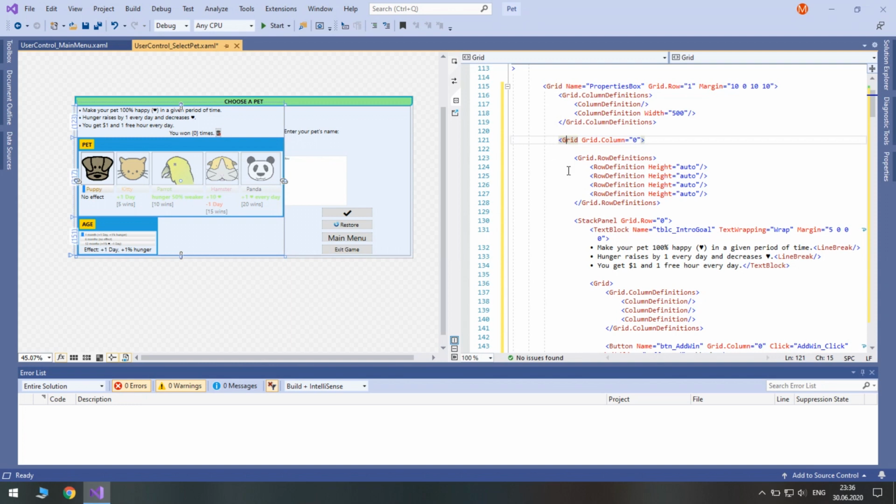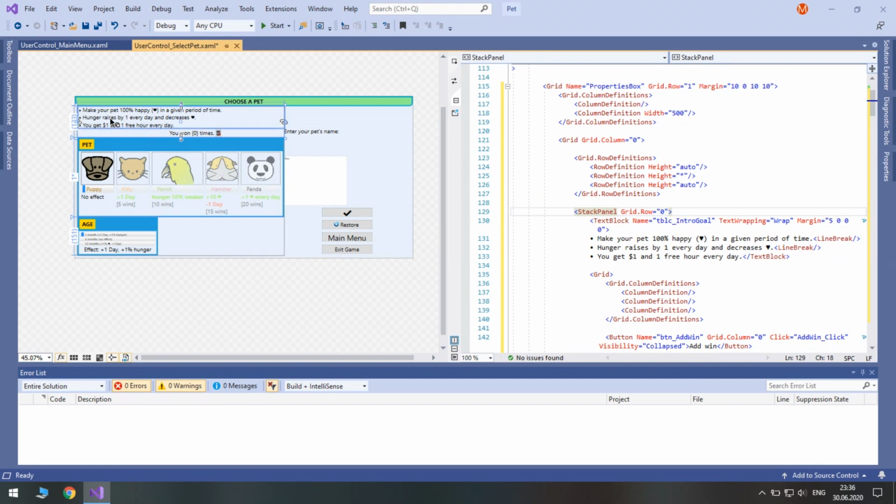So now that we have everything inside our left column, change the number of rows. So the first one will be auto, the second one will expand, and the last one should be auto as well, but because we moved the buttons here, we don't need one row anymore.